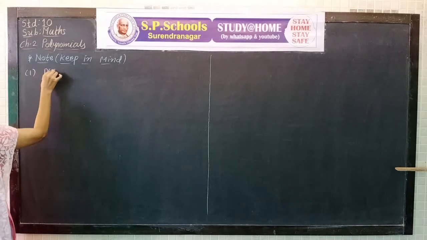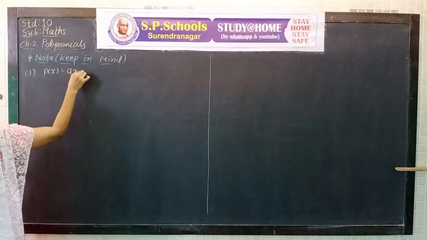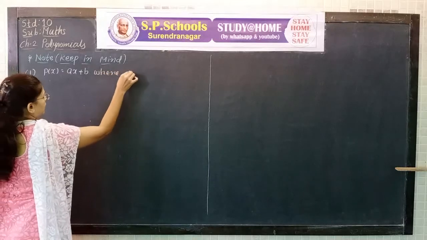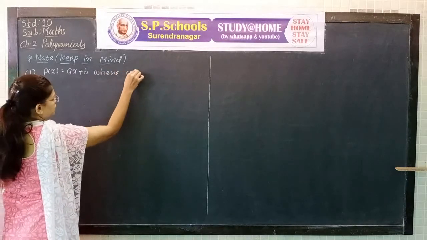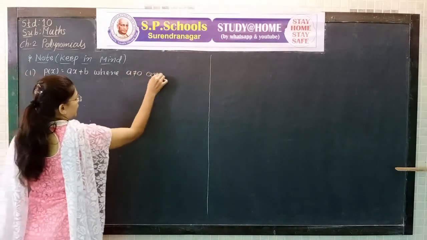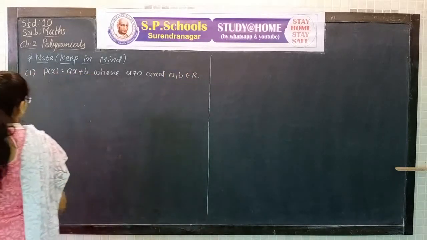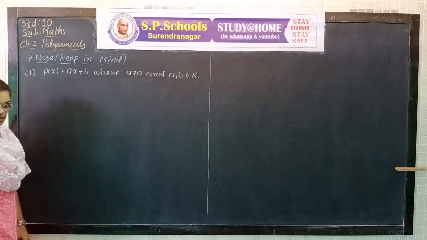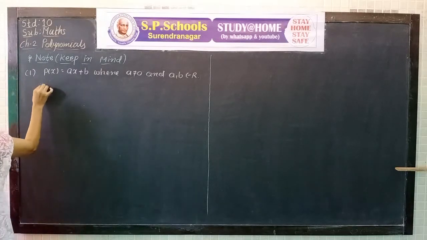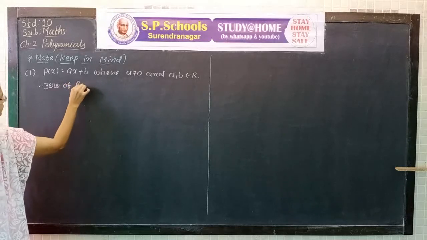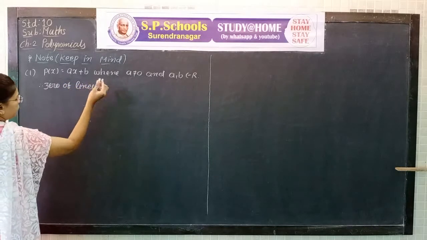P of x is equal to ax plus b, where the coefficient a does not equal 0 and a, b belong to R. P of x is equal to ax plus b represents a linear polynomial. Therefore, keep in mind, the zero of a linear polynomial